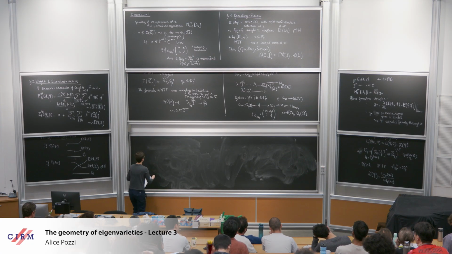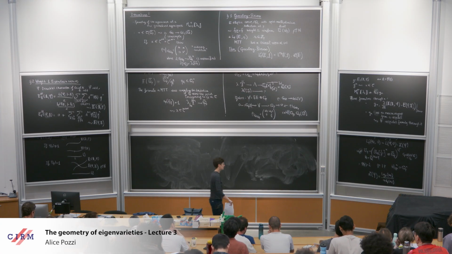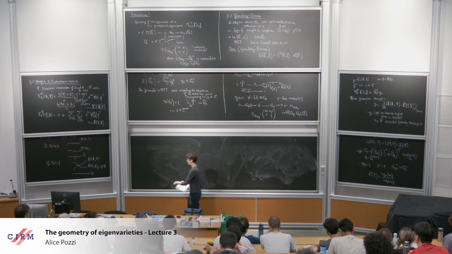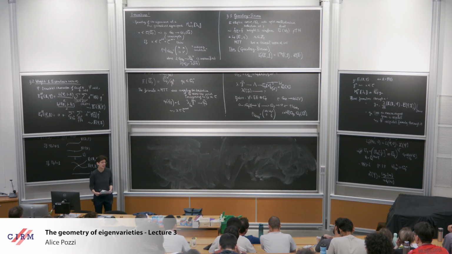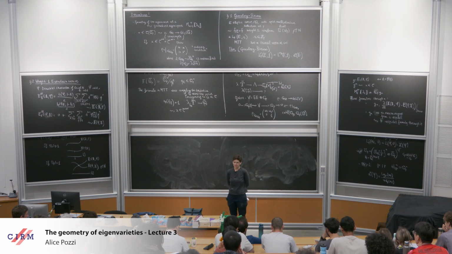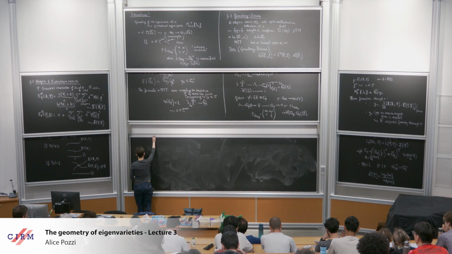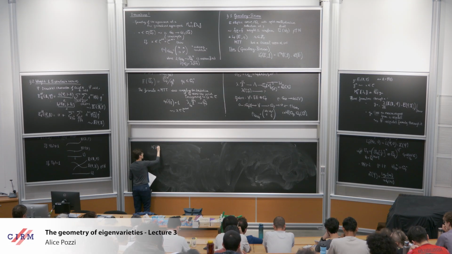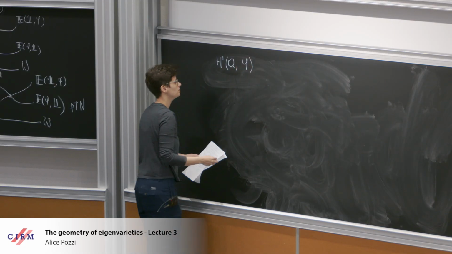Right. So the idea is very similar in some sense to the case that we discussed before for the formula of Greenberg and Stevens. If you want to prove a formula like this, you can notice that a place to find this L invariant is related to Galois cohomology. So what Galois cohomology do we want to consider? Well, if you take now the Galois cohomology of the character phi,